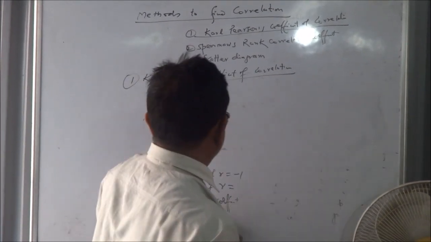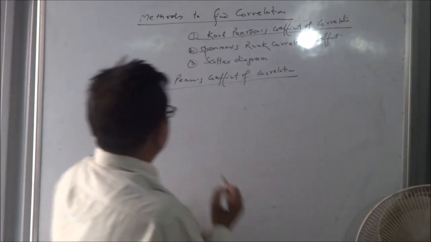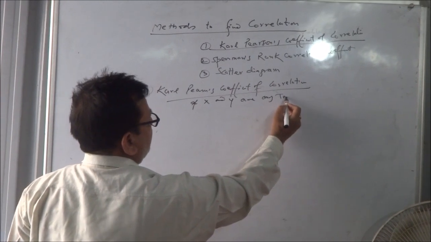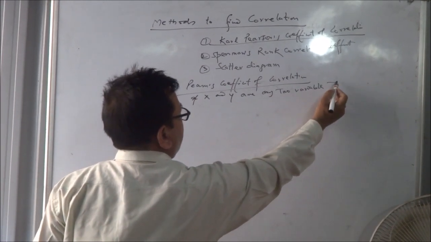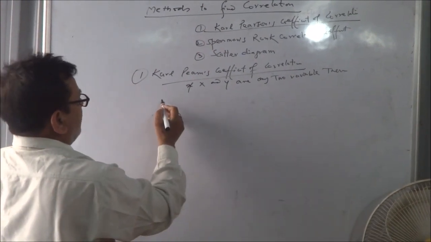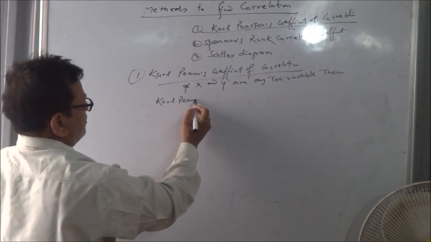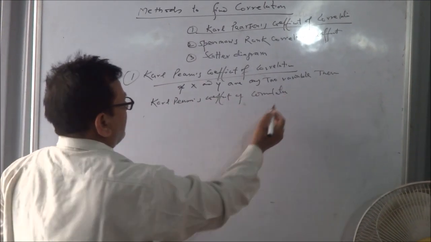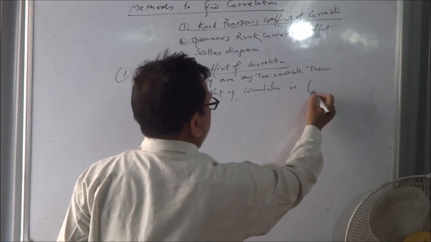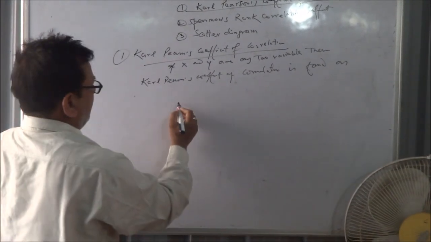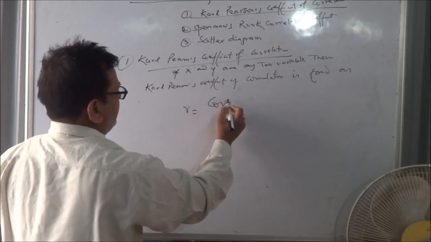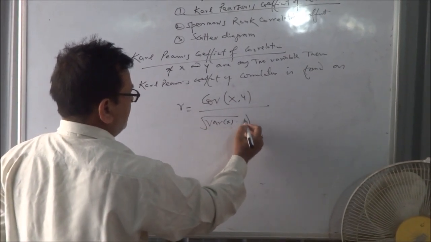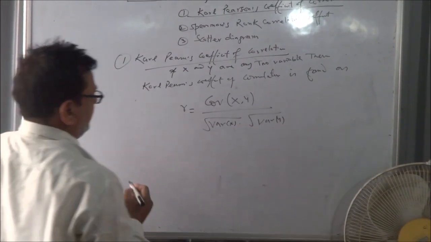If x and y are any two variables, then Karl Pearson's coefficient of correlation is found as R equal to covariance of xy upon under root of variance of x into variance of y, where